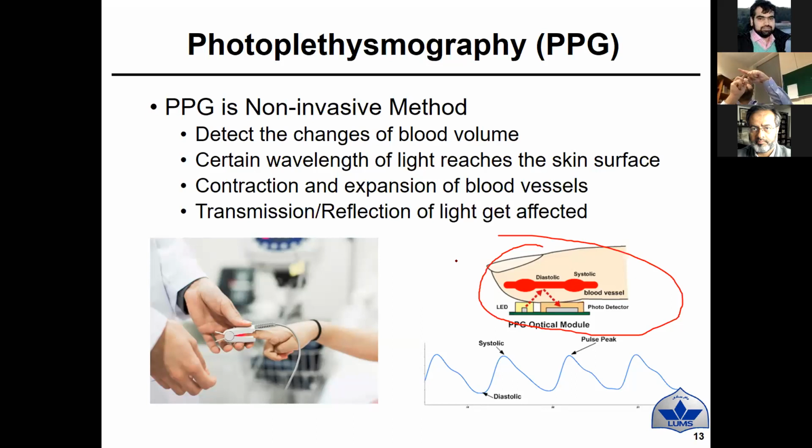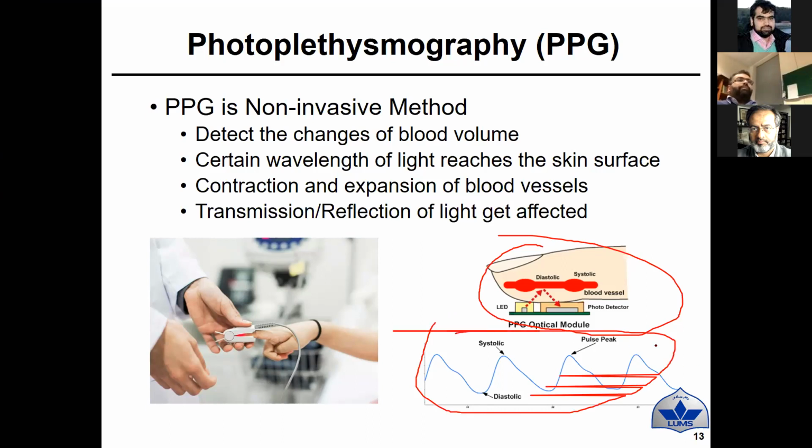Either you can put both the light and the photodetector on the same side. If you put both on the same side as depicted in this diagram, then this is normally called reflection mode. In the reflection mode, you observe how much oxygen got absorbed by your blood vessels. Why? Because whenever those fluctuations happen in your ECG, the contraction and expansion happens. And whenever this contraction and expansion happens, in the contraction phase, less blood is going to be absorbed. In the expansion phase, more blood is going to be absorbed. So you can have this pattern which is shown here down. And this is normally a common PPG signal.